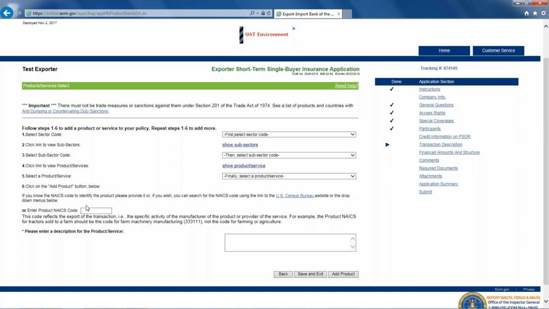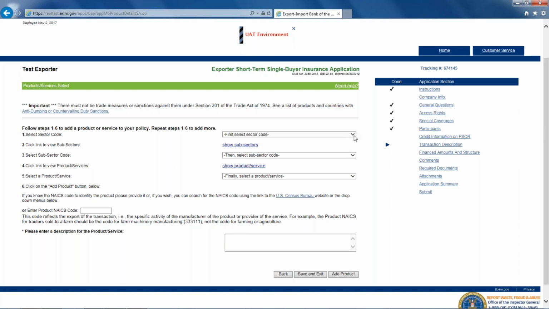One is to fill out the NAICS code if you have it and enter it in the box down here. Or you can go through this methodical process that will actually zero in on the NAICS code for that particular product. But you don't need to do both. You need to do 1 through 6, or you can fill out the NAICS code. But you do need to provide information in the bottom here for a description of the product or service. And I believe that what you enter here is what will actually appear in the insurance policy declarations page.